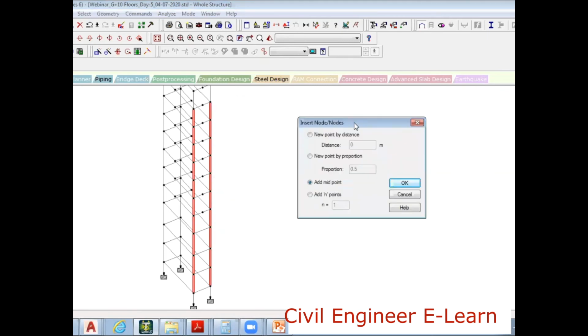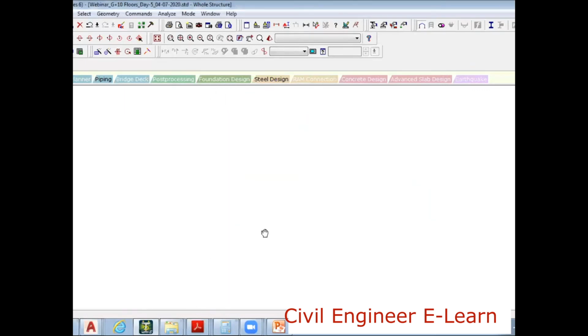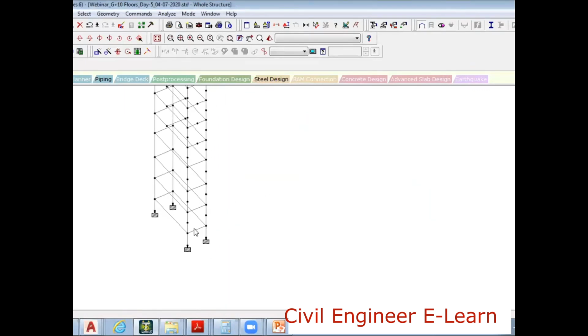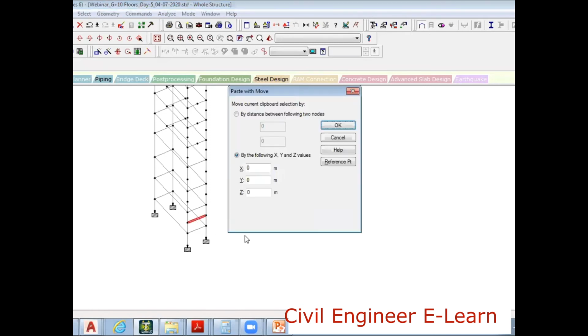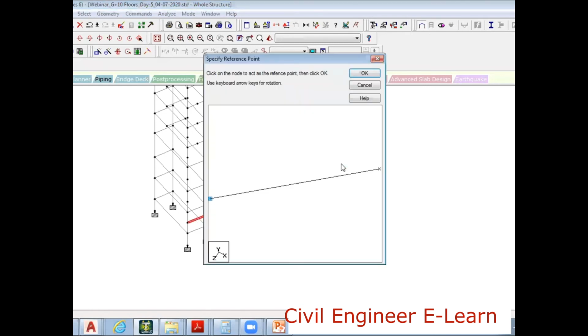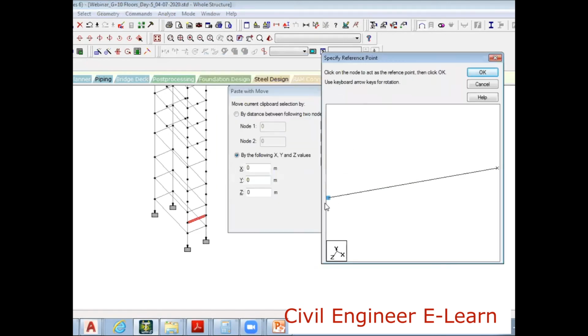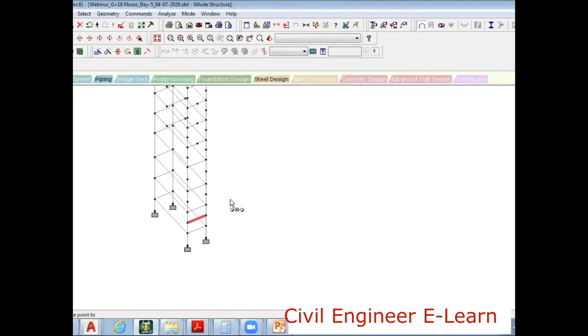See, now I have got all these nodes. So what I do is I'll select this, add here. That's it, right? Now I select this, Control C copy, Control V paste, use a reference point, click on this left side point. I'll click like this, 1, okay, 2, okay, like this.